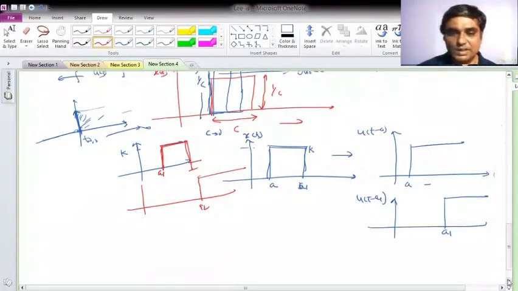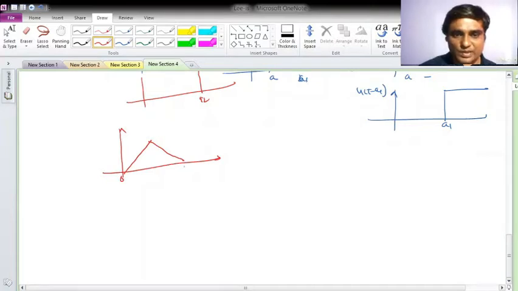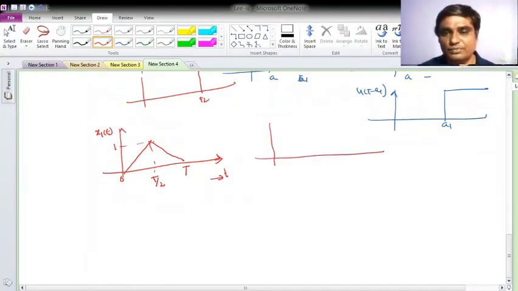If I subtract it, I'll get this, and I apply this to the circuit, and I can find out my required response. Similarly, say if I want to apply this function, which is like this. Okay, say this is 0, this is t, and suppose this is t by 2, with magnitude 1, say any x1 of t. Okay, and I would like to check what the response of the circuit is. So what can be done? You can apply a ramp function here and approximate it also.